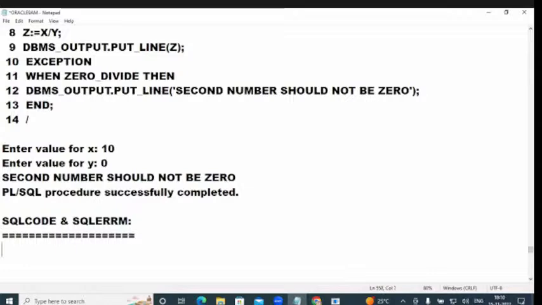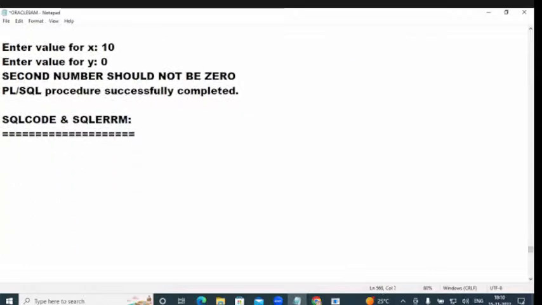SQLCODE and SQLERRM. ERRM means error message. With the help of these two properties, it can handle any type of exception, and the user does not need to remember any exception class names. So what is this SQLCODE? Here, observe carefully. SQLCODE returns,